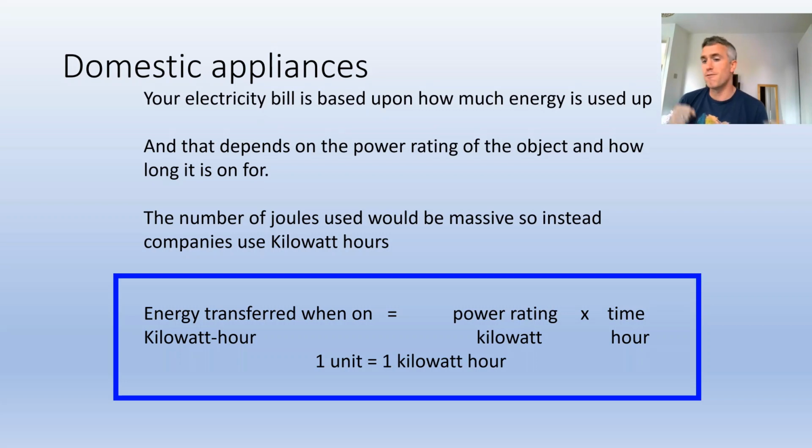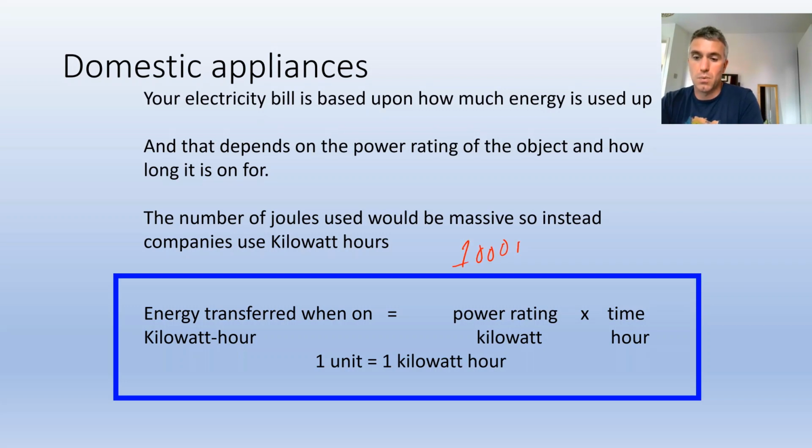What they do is they convert it to something else called a kilowatt hour, or a unit. And basically a kilowatt hour is the same as how much energy you would use if you had a kilowatt device running for 1 hour. So something that runs on a kilowatt is probably, maybe, a toaster. If you had a toaster running for 1 hour, that would be the equivalent of 1 kilowatt hour. A kilowatt, if you remember, is